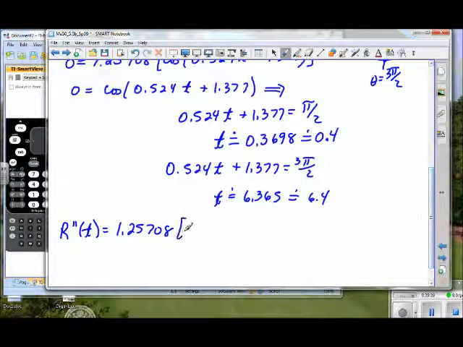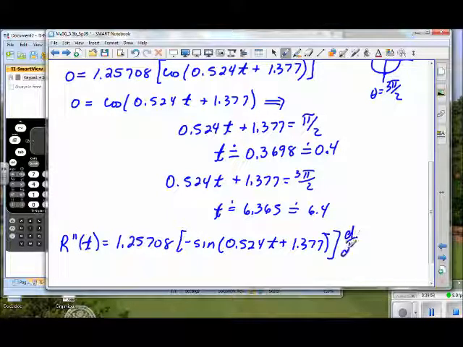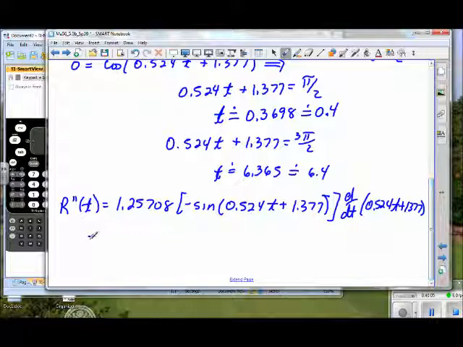We know the derivative of cosine is negative sine, and we're going to have it of 0.524t plus 1.377. And then we need the derivative with respect to t of this inside function, and we'll do that right now. And we end up with a second derivative of 1